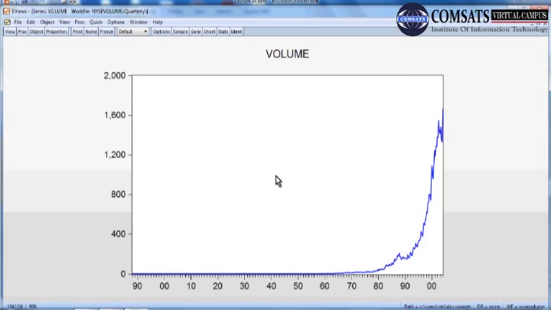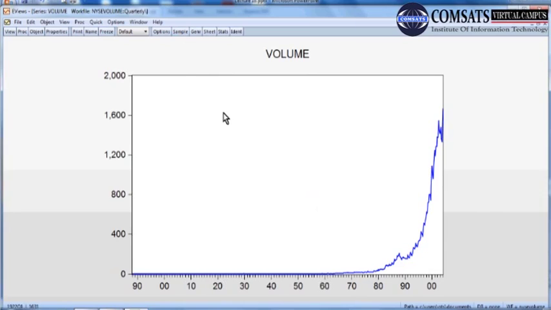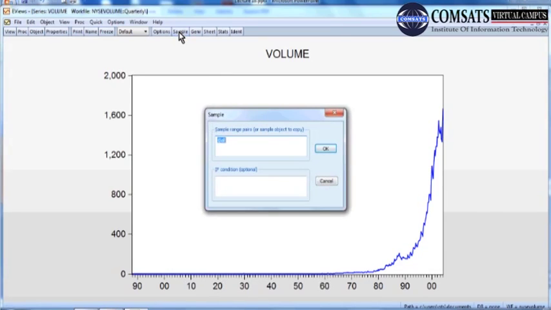This is our original data. But this time I want to change the sample. So from sample, I do it again so that you can see clearly. Since this includes the entire sample size, but I want to draw this for a small sample size. So suppose I start with a smaller sample like this.